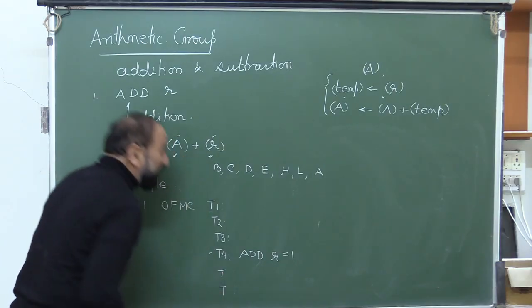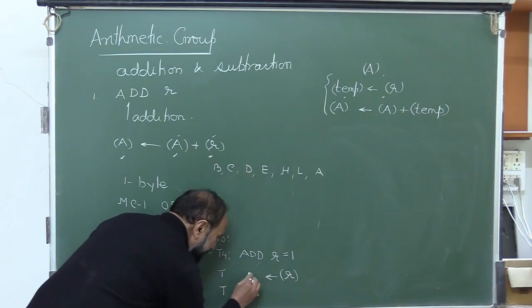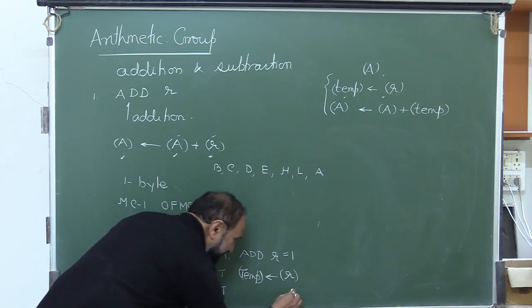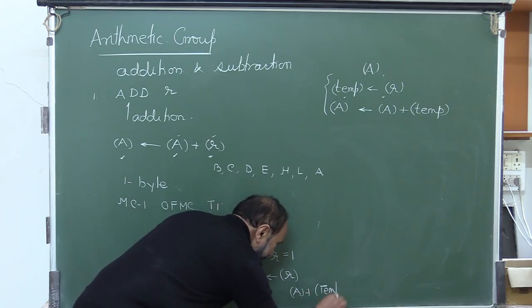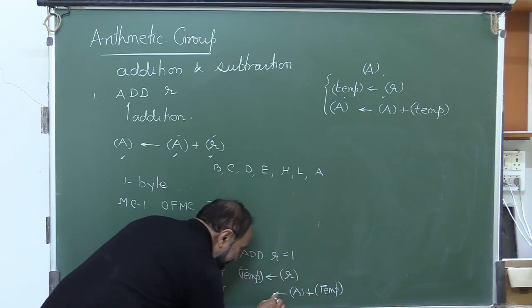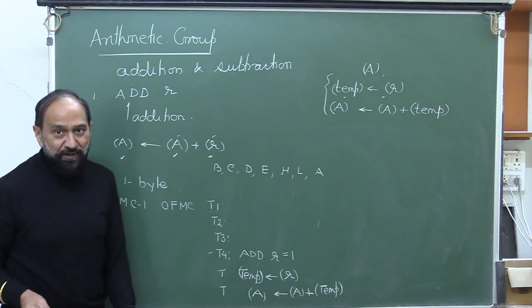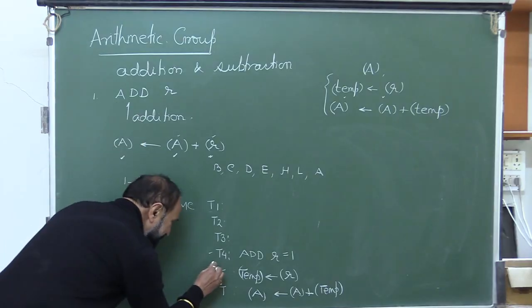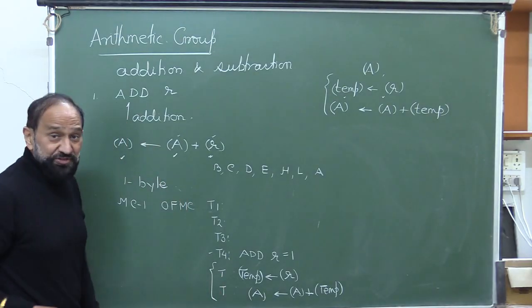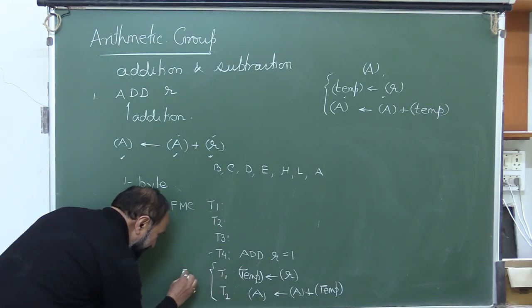2 more clocks are required. In one of the clocks, the data from the internal general purpose register is moved to temporary, and in the other clock, the accumulator plus the temporary register, the addition takes place and the result is stored in accumulator. Now, rather than providing 2 extra states for this, just like move instruction, here also during fetch execute overlap, when